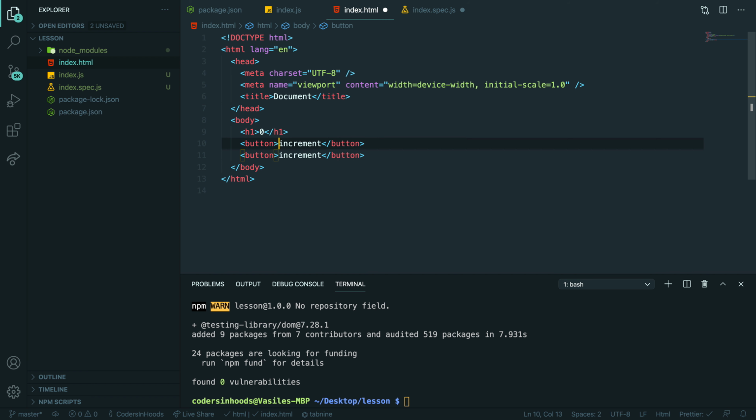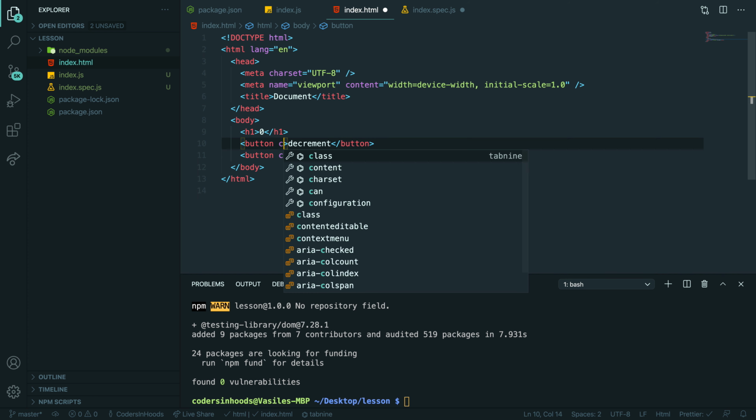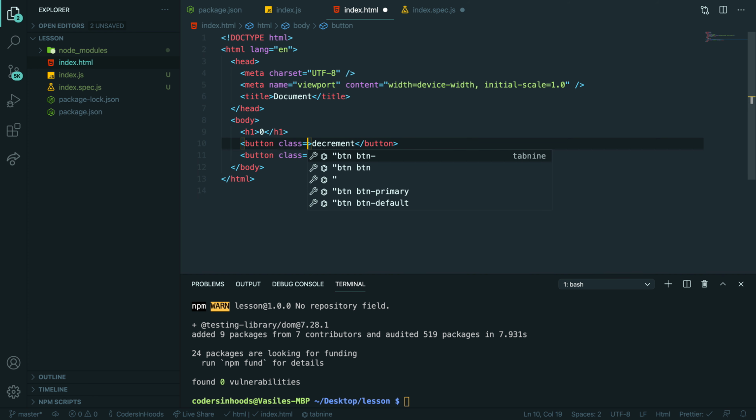And maybe decrement just in case. So yeah, basically if you click, let me just add class increment and class decrement.